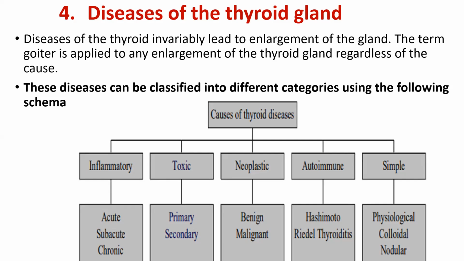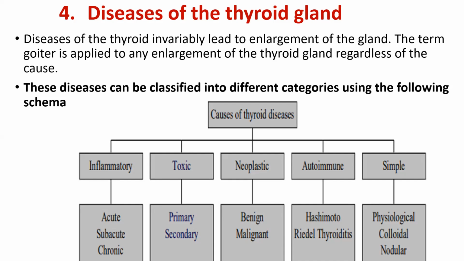That's how it is. So this disease can be classified into different categories by using this schema you see downward here. Thus, diseases of the thyroid can be inflammatory, thus we can have acute, subacute, and chronic. Can be toxic, that can be primary or secondary. Can be neoplastic, that you can have benign and malignant. Can be autoimmune, those are things like Hashimoto thyroiditis or de Quervain thyroiditis, but also can be simple, like physiological or colloidal